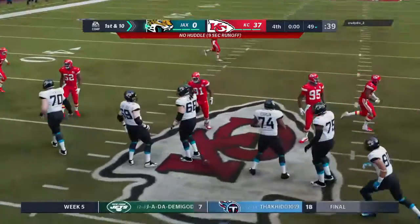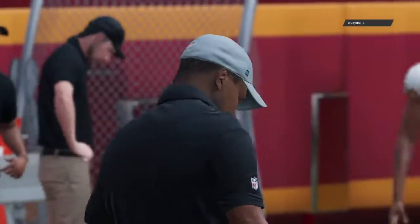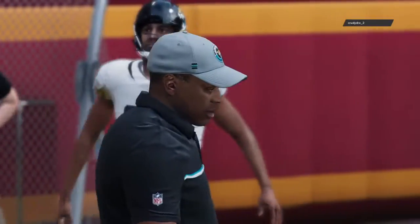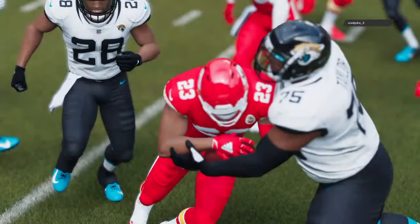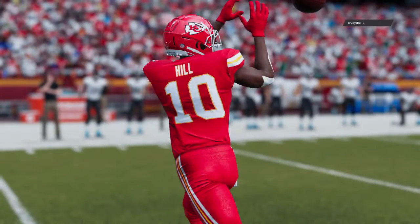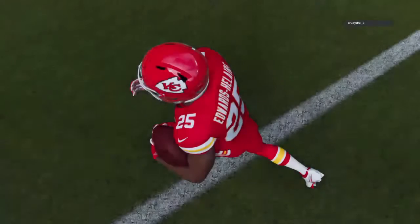19 yards there on the catch and run. And this is why trying to cover the angle route is so difficult. Anyone playing the linebacker position, when they see a running back out of the backfield widen because he heads towards the flat first, oftentimes you widen too much and overcommit. He cuts up inside, and that's what we saw there. A nice pickup for a 1st down. So this one in the win column for Kansas City. And I tell you what, Charles,